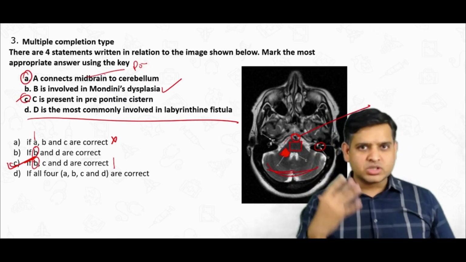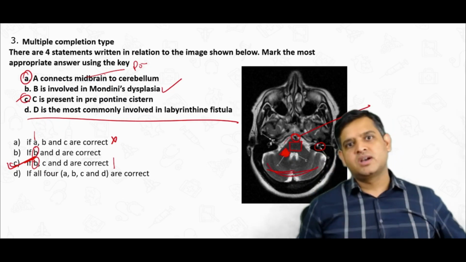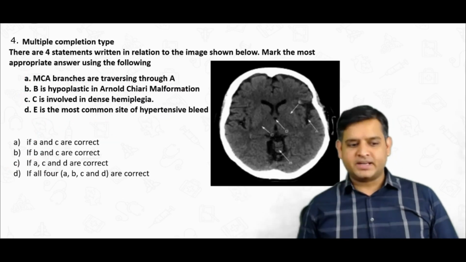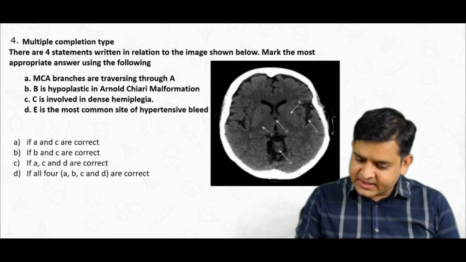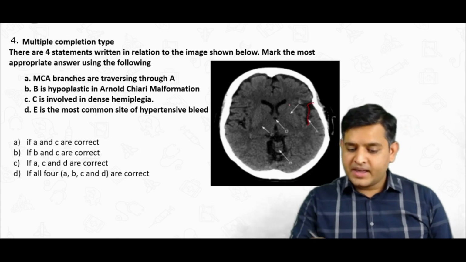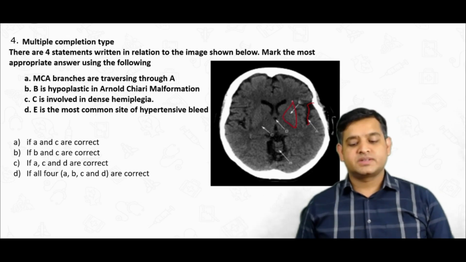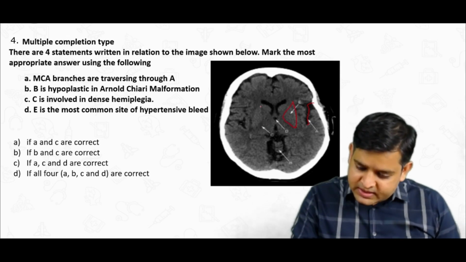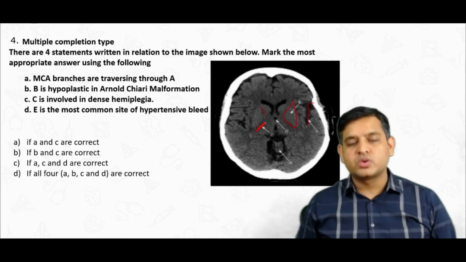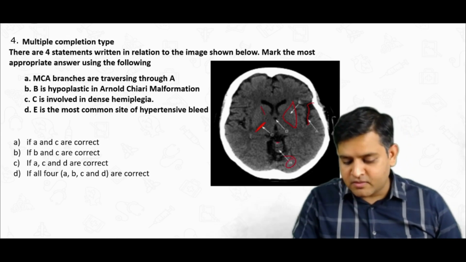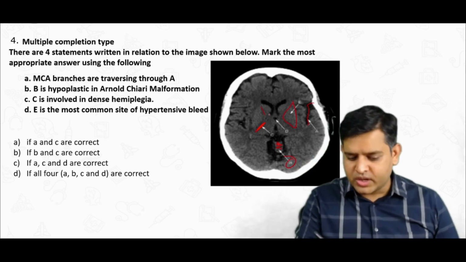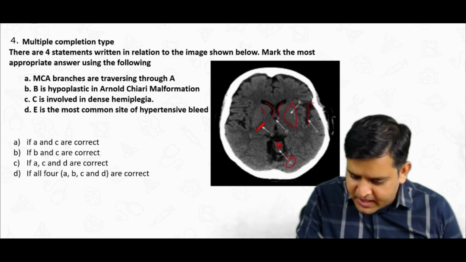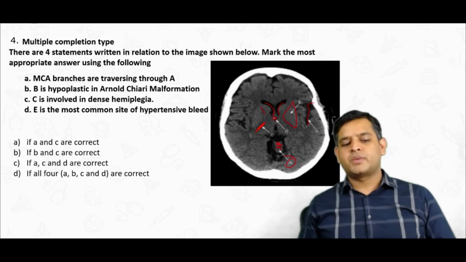Sometimes your smartness, playing with the choices, will help you in the exam. Now see this pattern. There are 4 statements. Now let's see. A is the Sylvian fissure. E is the lentiform nucleus. C is the posterior limb of the internal capsule, and B is the vermis. Are you sure about D? Not sure, then okay. They are the 2 ventricles combining with each other, and that's the foramen of Monro.